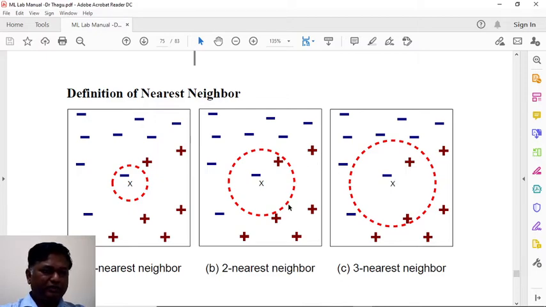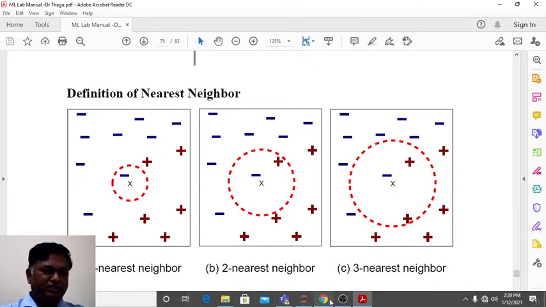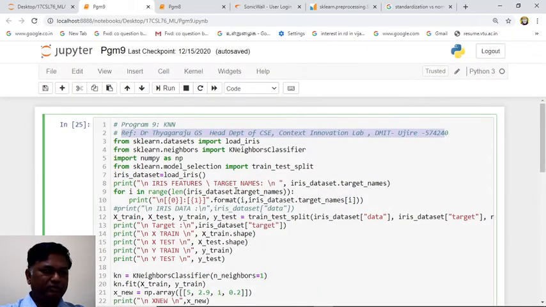In the same manner we are going to predict our iris data set. Now I will go to the program. This program will load the iris data set, the flower data set. This iris flower has 4 attributes: sepal length, sepal width, petal length, petal width, and target. The target tells which type the flower belongs to.